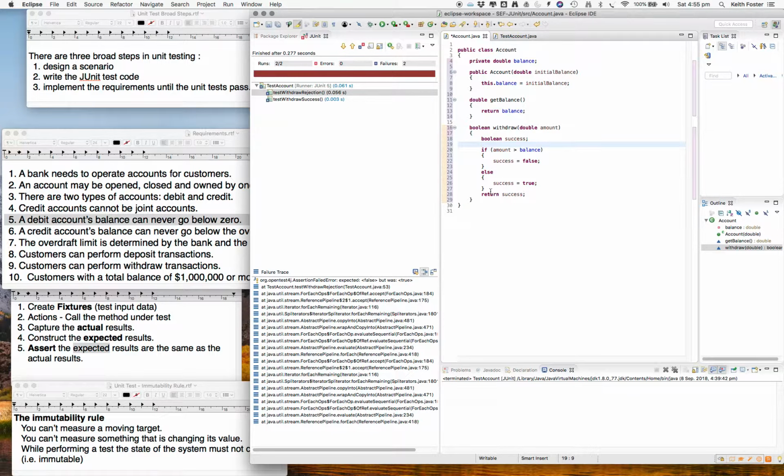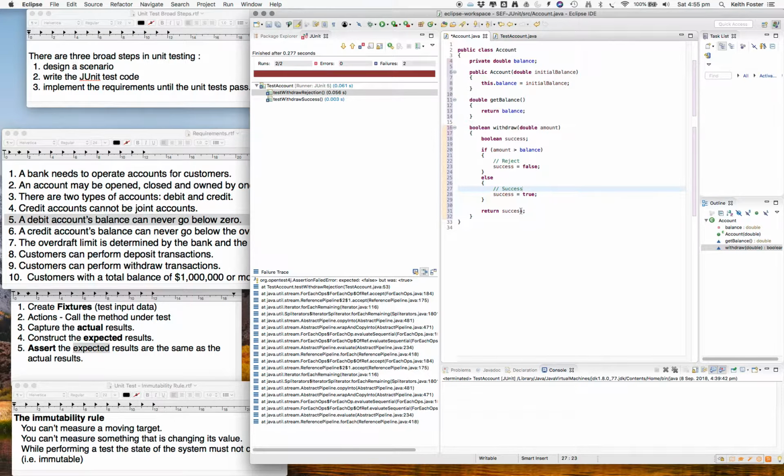Okay, now obviously we need to do more than that. When we're rejecting, it's good to put in comments here. So reject, and then this one is success. Sometimes I like to do these if statements and put the comments in before writing the code, but this is fairly trivial. I sort of jumped ahead. So there you know the structure of the code and the semantics of what you need to put in there. So when we're going to succeed with the withdrawal, we obviously set our success variable to true